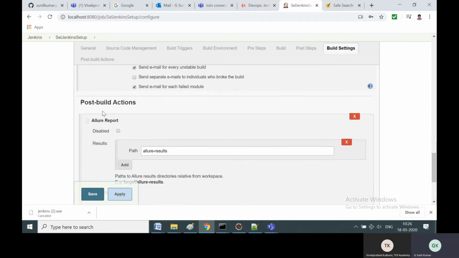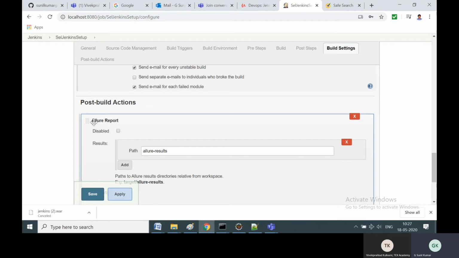Then the fourth critical step is another Allure report. So for every project, every job after the execution, if you want a report to be generated for that execution, in my case, it's Allure report. If it's Extent, it's going to be Extent report. The default report is also there, but it's not good. Customers, clients want customized reports for the last few years. They don't want normal HTML reports.